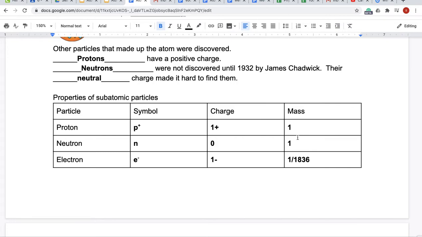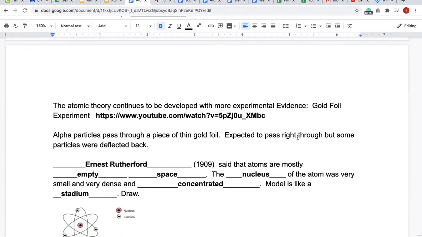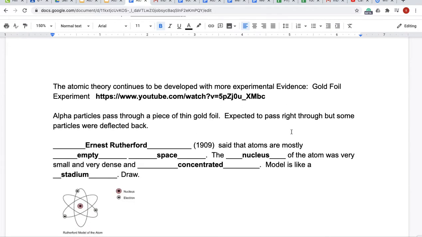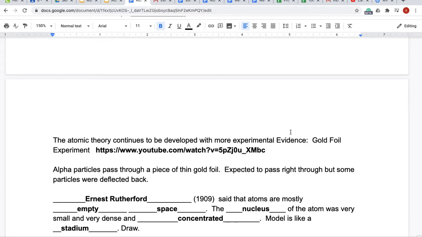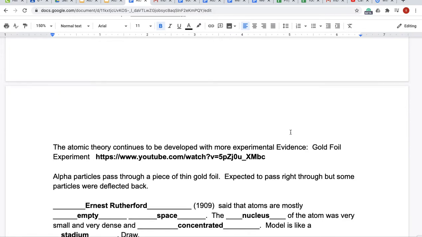So all of the mass of an atom really is associated with the protons and neutrons. We'll learn more about that later. All right, so let's talk more about the proton specifically. So the atomic theory is a good explanation, but it can change as more